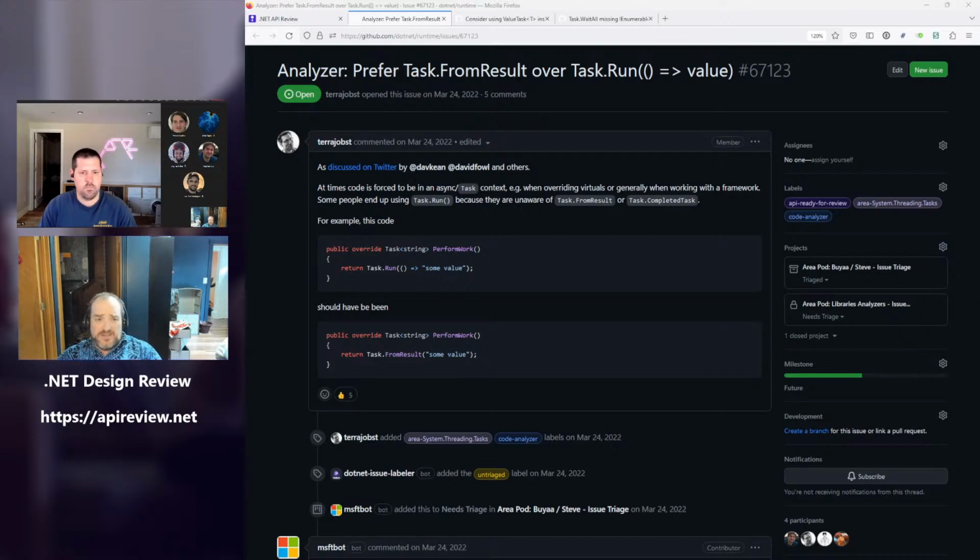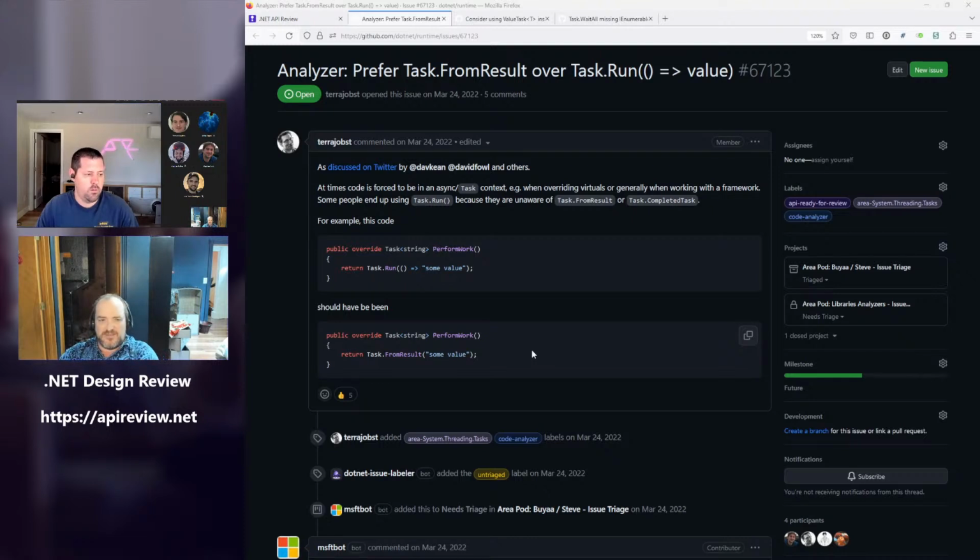Makes sense. So I guess it would just be detecting if it's a lambda that is only a return statement. Basically. There are enough C# constructs that there might be some additional variations, but conceptually that's what it is. Yeah. You'd probably want to limit it to returning a literal, because if you're returning anything other than a literal, there might be some weird side effects that the analyzer can't account for.